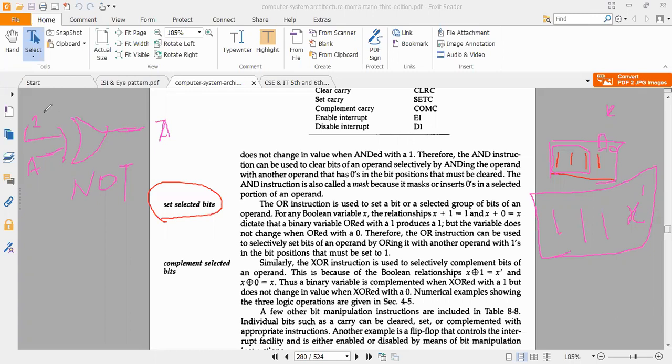If you use 0 here, what happens? The result will be A, meaning no change. So what is our data? 1, 1, 1. Make it 1 because you want to complement it, and the rest of the bits should stay the same, so make those 0. Then make an exclusive OR gate between these two. Bitwise exclusive OR, that will be 0, unchanged, unchanged, unchanged. So that bit is now complemented. So the selected bits I mentioned here are complemented. These are very simple. If you have clear basic ideas, you can implement anything.